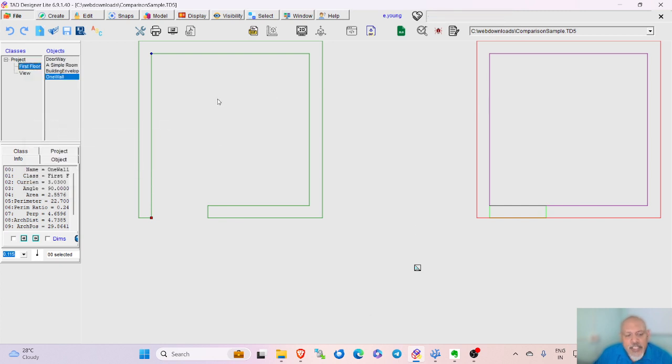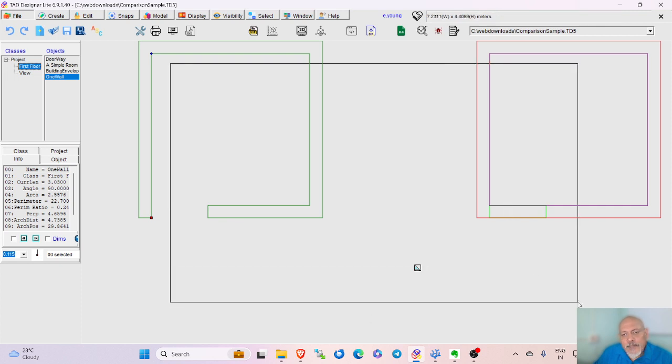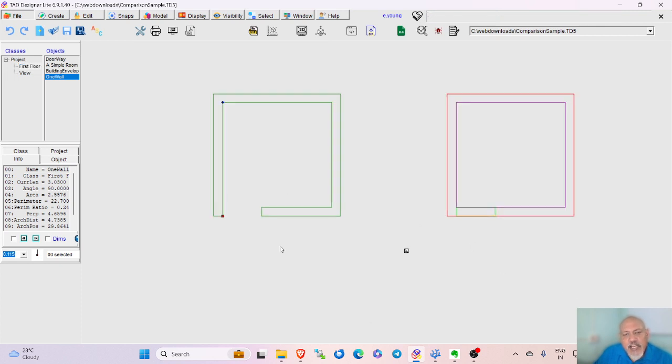As you can see on the screen, I'll zoom down a little by pressing the shift key and dragging a window. And here it is. On the left hand side is the way we model using regular conventional CAD and BIM software. On the right hand side is how you model using TAD.